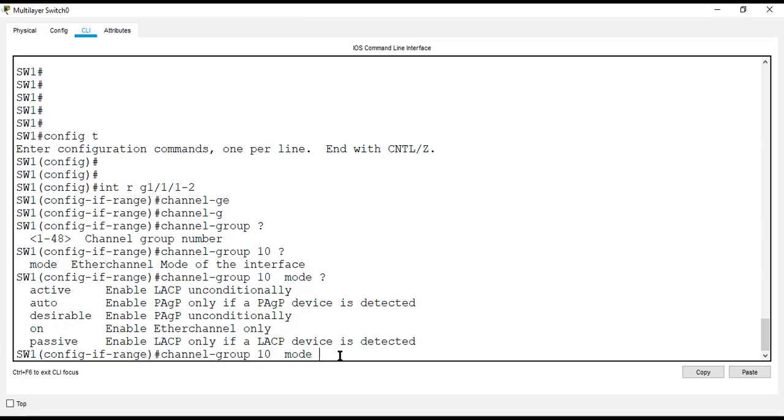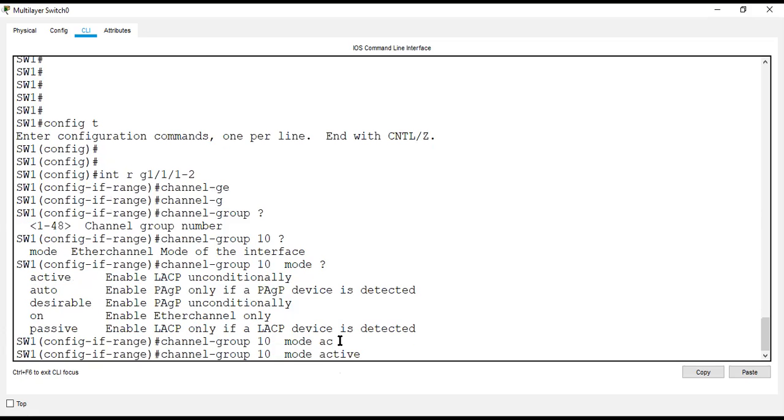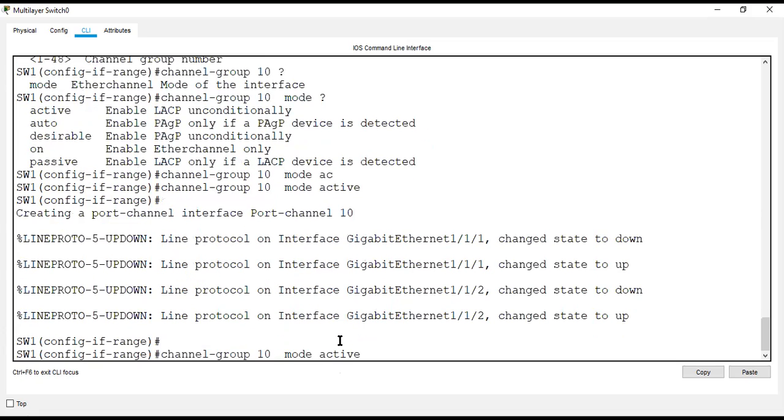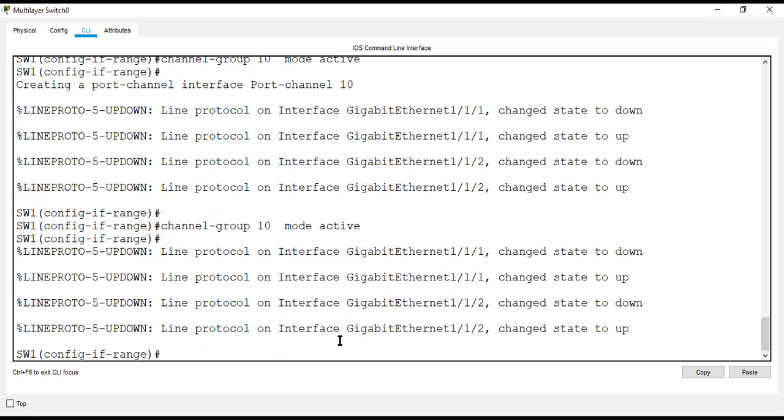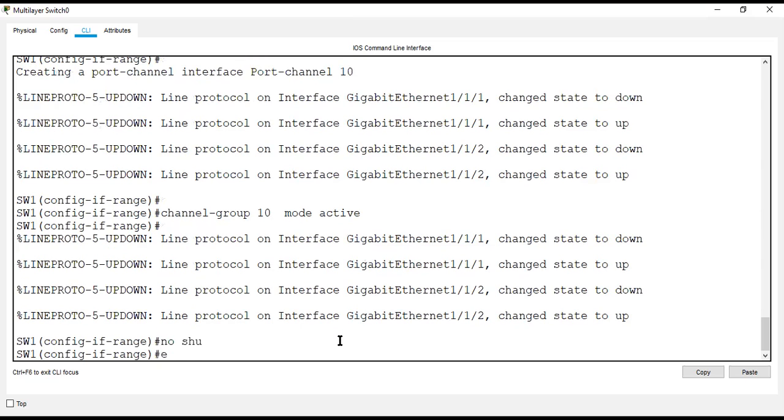We can do anything, but the preferable methodology is to configure LACP, which is an open standard. So within LACP, we configure active. Fine. It does not require mentioning channel protocol LACP because the default is LACP. Then no shutdown is not required, by the way.